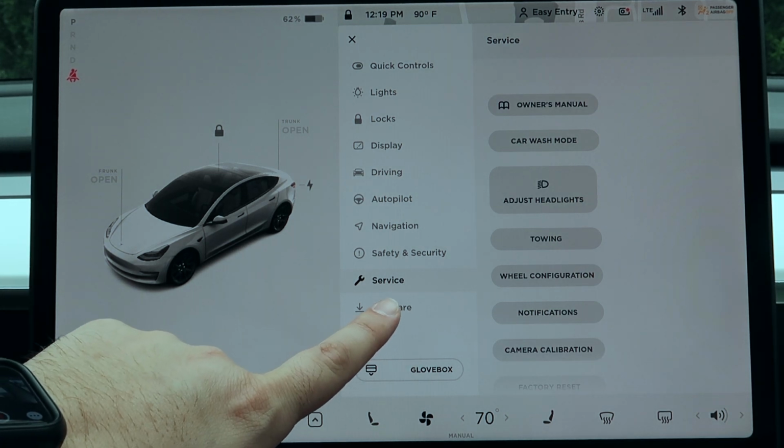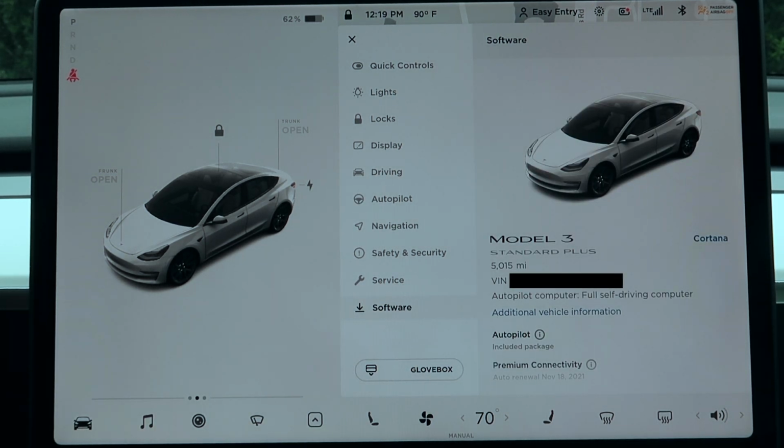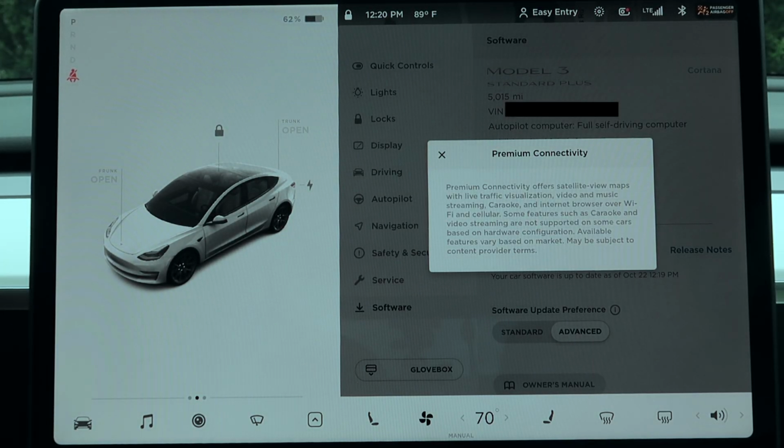And then lastly you have is the software. Now this brings up the car display information. So I have a Model 3 Standard Range Plus. My car's name is Cortana. I currently have 5,000 miles. The VIN is there. Premium connectivity offers satellite views, maps with live traffic visualization, video and music streaming, karaoke, internet